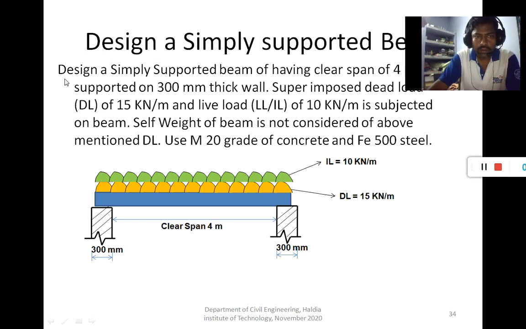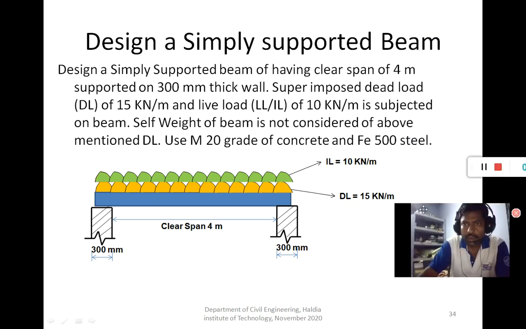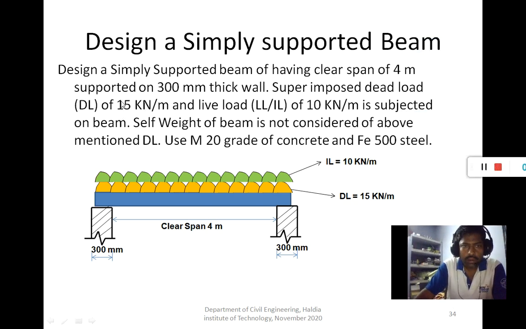The problem is: design a simply supported beam having a clear span of 4 meter, supported on 300 mm thick wall, superimposed dead load is 15 kN per meter, live load 10 kN per meter, self weight of beam is not considered in the above mentioned dead load, and grade of concrete is M20, grade of steel is Fe500. You see that the figure is shown here.